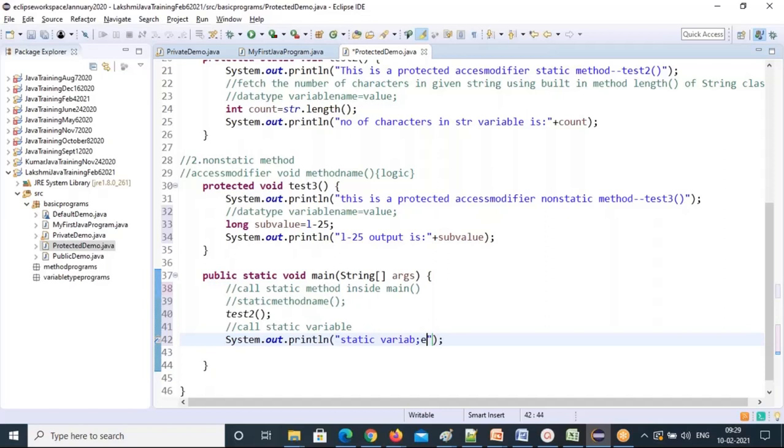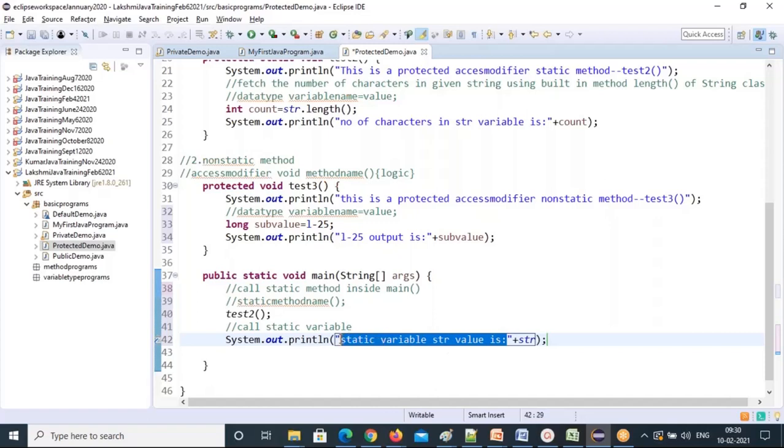So for the static variable, the str value is this, put plus str. This is a joining operator. Plus acts as a joining operator for strings, and plus acts as an addition operator between numbers. Plus does two actions: for numbers it sums up all the numbers, and for strings it will join.